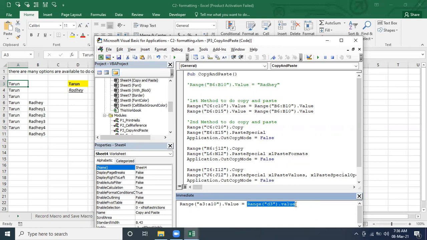Copy and paste means it should paste as it is, or it should give options like paste only value, paste only format, paste formula and number format. This should all be there. But it's going to paste only the value into the defined range.